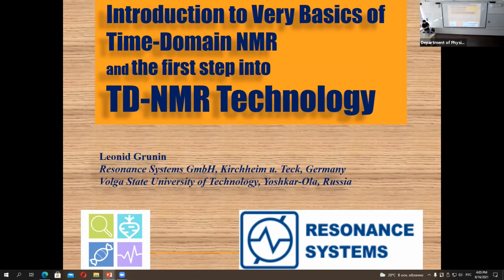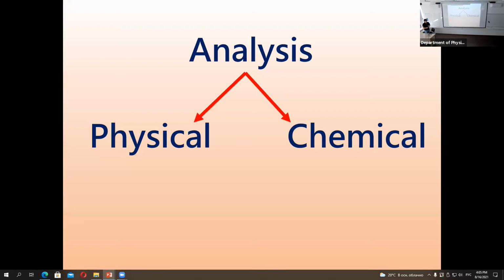We will talk today about magnetic resonance and time domain magnetic resonance, what the difference is, and what instrumentation can be utilized. Anyhow, all these methods are analytical methods, and we mostly work for chemistry, for chemical applications, to do analysis, to understand what the structure is, what the dynamics of our samples are.